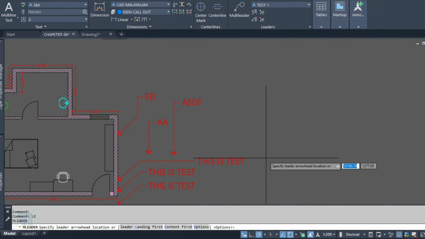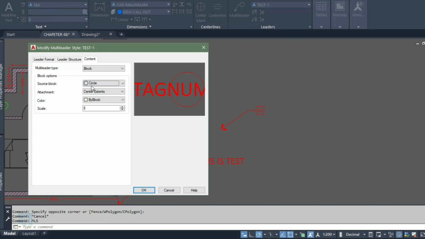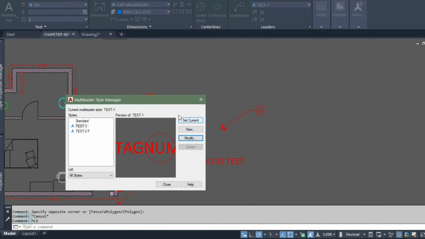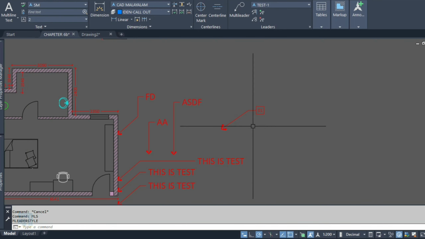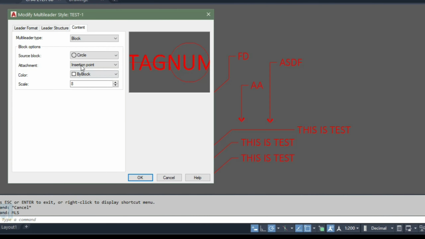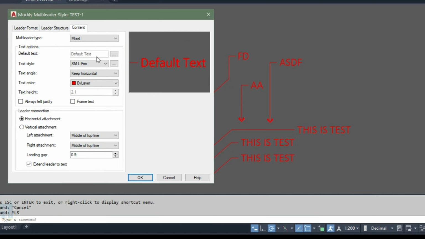We can also use the circle, or custom made. We can try circle also. Now we can try MText.